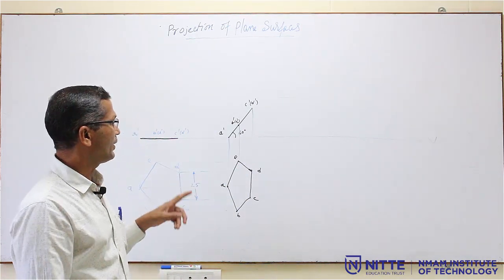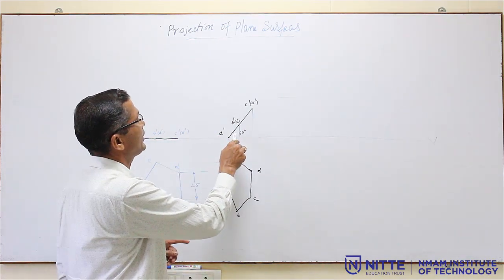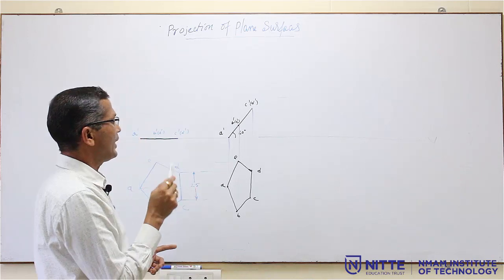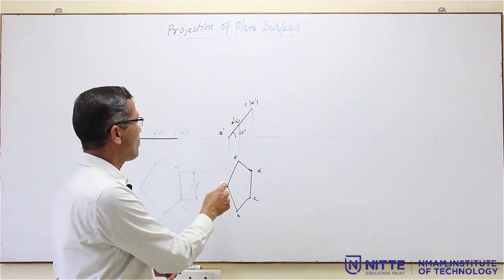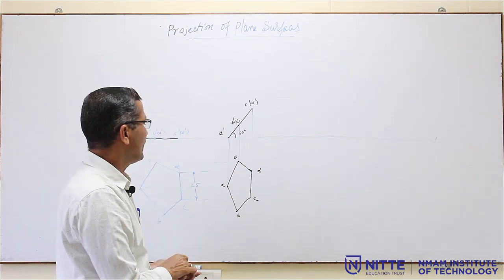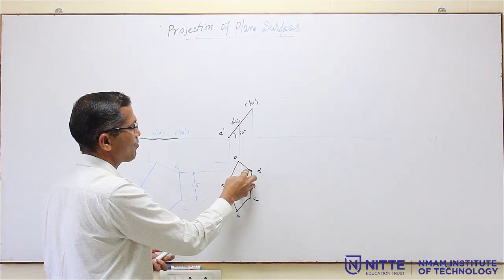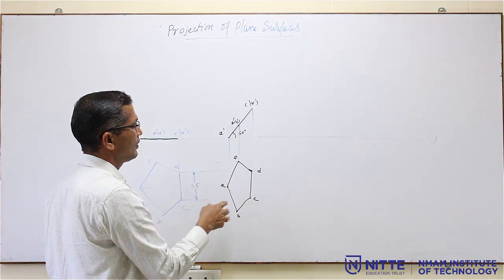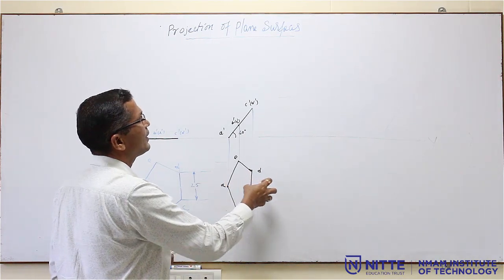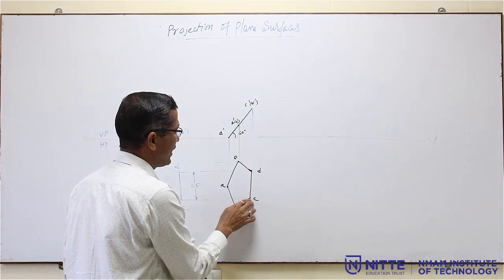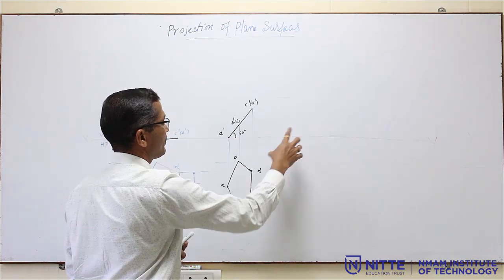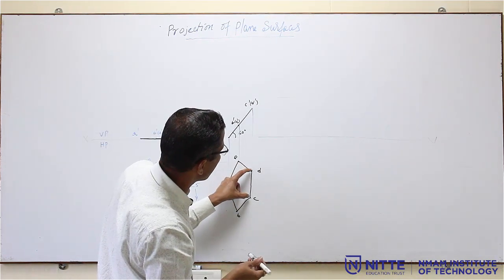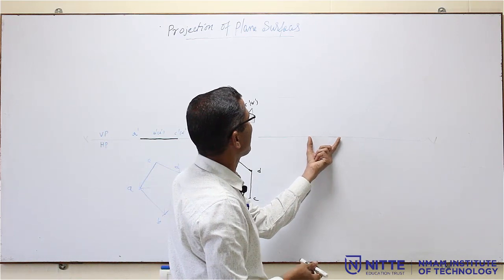Now, in this problem, they told that the surface is inclined at an angle of 60 degrees to HP and 30 to VP. You can see here, this angle will be 30 degree. Only thing is, you have to satisfy the condition. What is the condition? The opposite edge should be on VP. For that, you copy this top view. Now, this is not a regular polygon, all the sides are unequal. So, that is why copy this and redraw it, so that the line CD should be on XY line. Line CD should be on XY line. So, first you copy this line, measure this distance CD and keep it on the XY line.